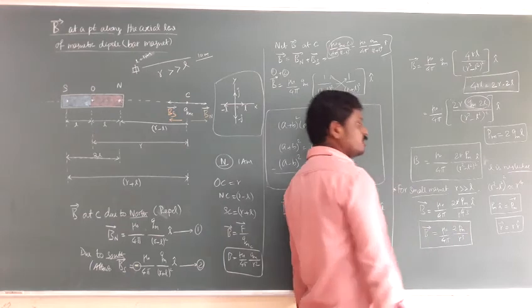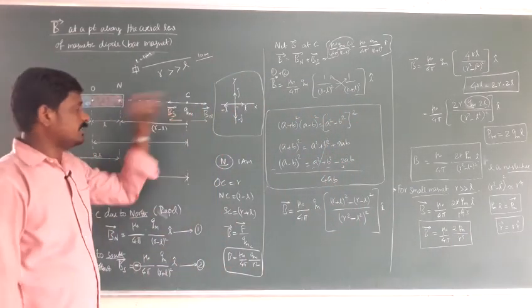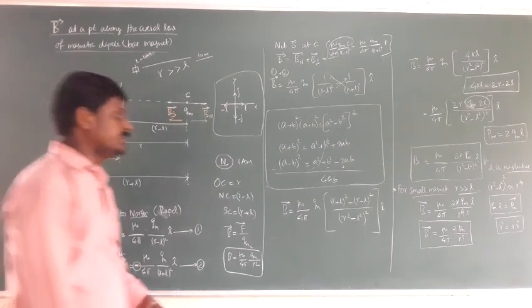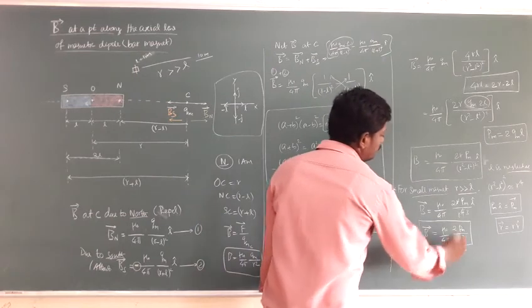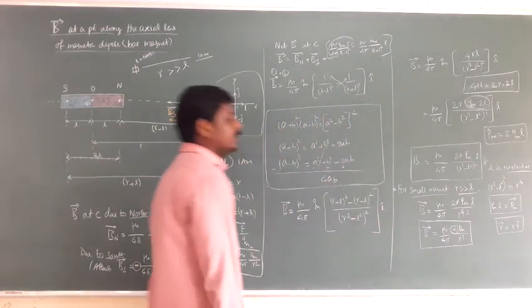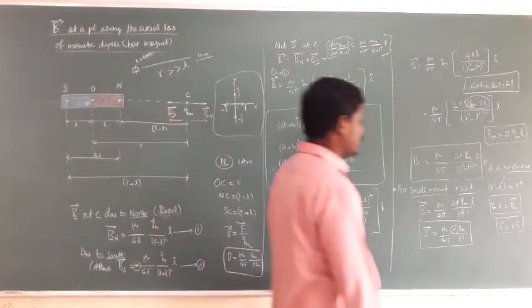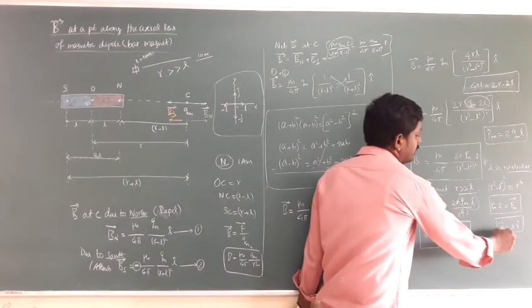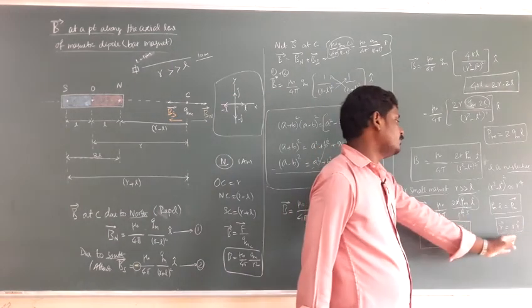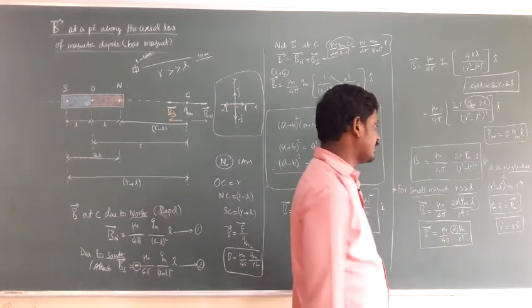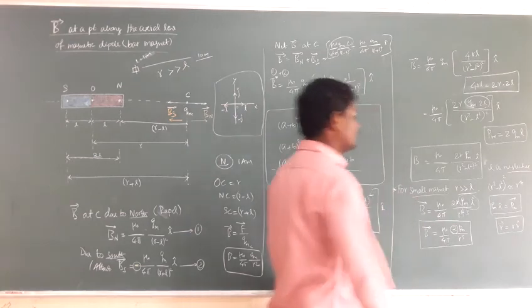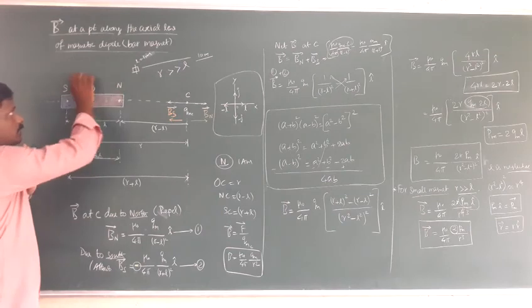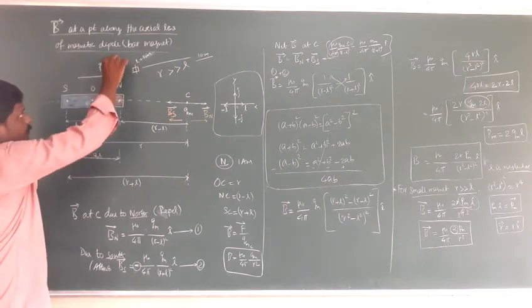So finally we will get the magnetic field at a point C. That point C is placed on the axial line of the magnet. So B is equal to μ0 by 4π twice magnetic moment divided by r cube. Here see that pm times i cap. So it's r vector equal to r times r cap. So r is the magnitude, r cap shows the direction. So here pm is in the direction from south to north. So the direction of magnetic dipole moment is from south to north, so it's positive i direction.